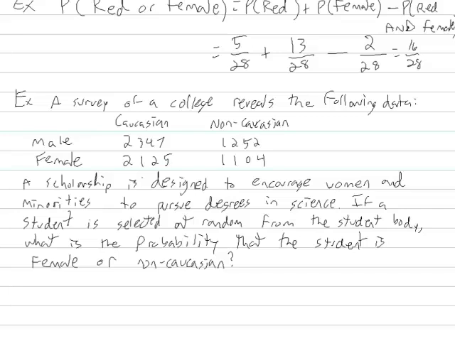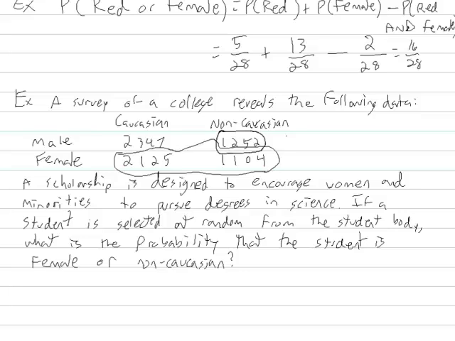is female or non-Caucasian? Well, intuitively, that means I'm just going to add up not the 2347, but the 2125, because those are females, and they would meet the criteria. And the 1104 here, those are all females, and they're also minorities, so those would satisfy. So I add up all those females, and then I add up all of the non-Caucasians, but I don't want to add in the 1104 twice, because then I would be counting those people